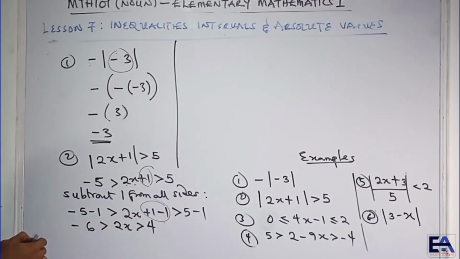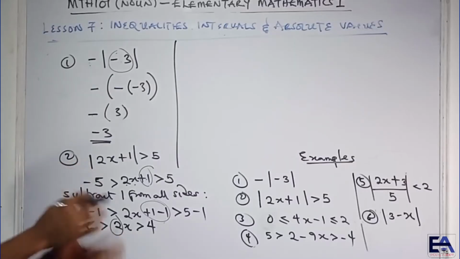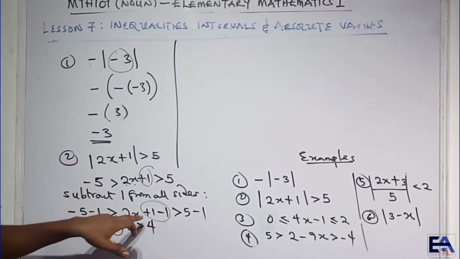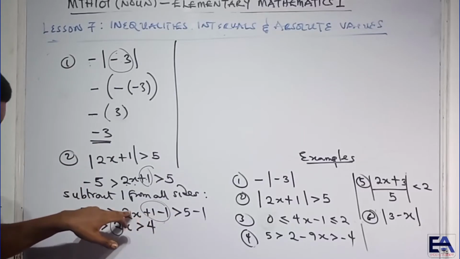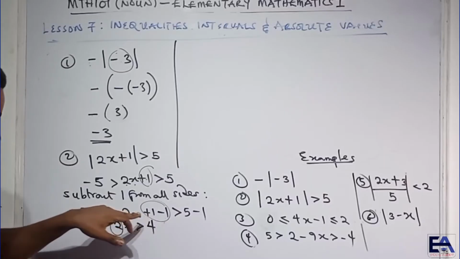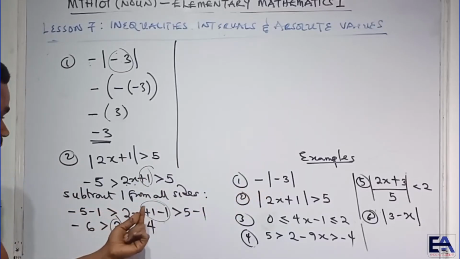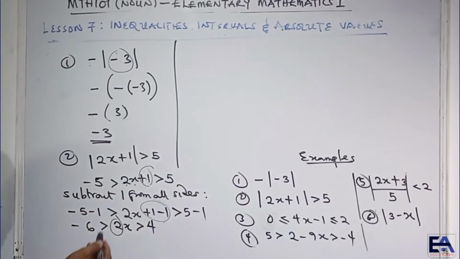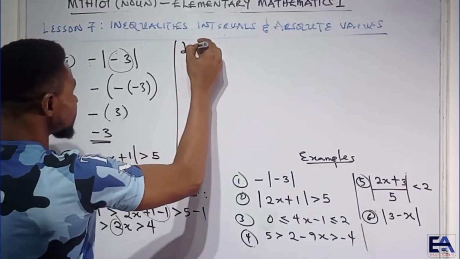The next project is to deal with these two, to get rid of these two. We don't want to see these two here. So since we don't want to see 2 here, and 2 is multiplying x, you use the opposite of whatever is happening there to deal with it. In the other one too, 1 was adding to 2x, okay? Then we wanted to get rid of this one, then we subtracted 1. So we apply the opposite of plus 1 to remove 1. So in this case now, we are going to apply the opposite of times 2 to remove 2, which is divided by 2, okay? So which means we are going to divide all sides